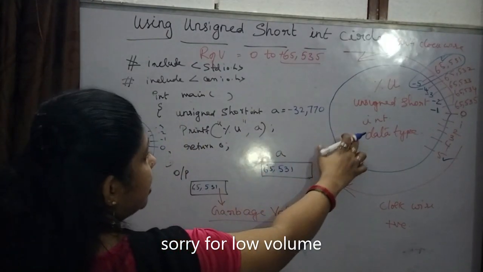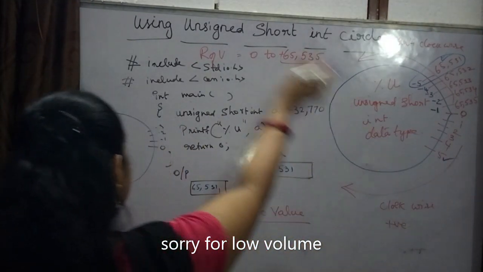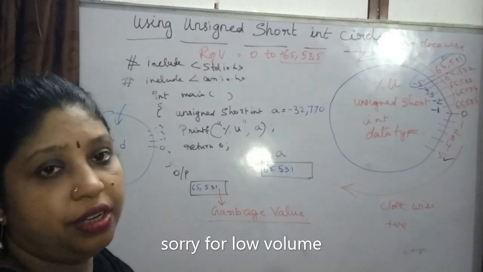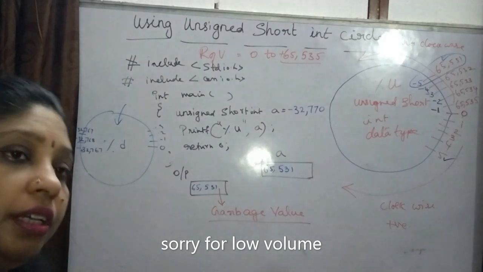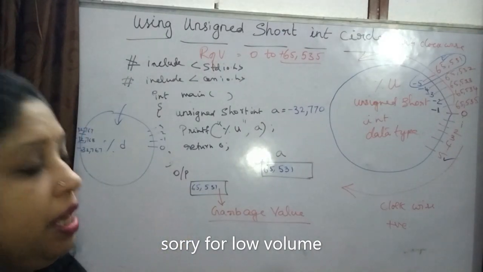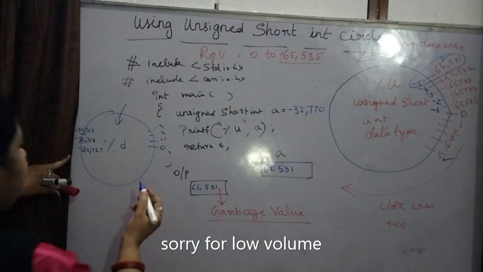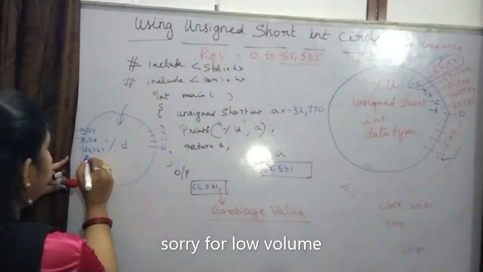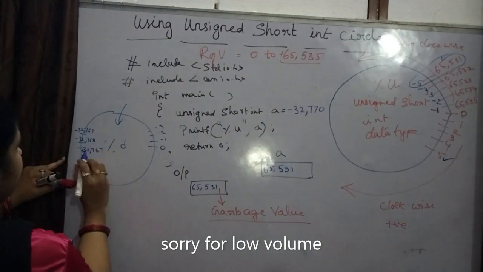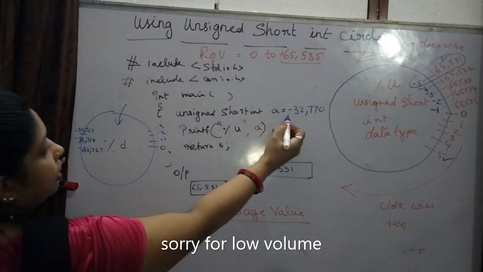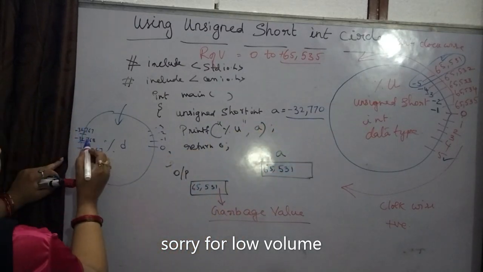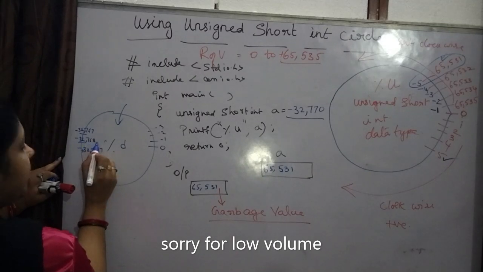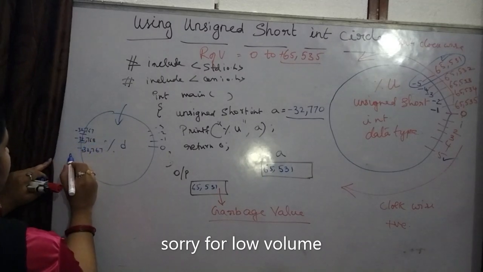First it will enter into this. It will search. If that value is not there, then it will come to the %d, that is signed short int circle, and here it will check whether the value is there or not. Here already you have plus 32,767. This is the last positive value. Next comes the negative value. So what happens? It will see, minus 32,770 means how is it there? Only minus 32,768 only is there.